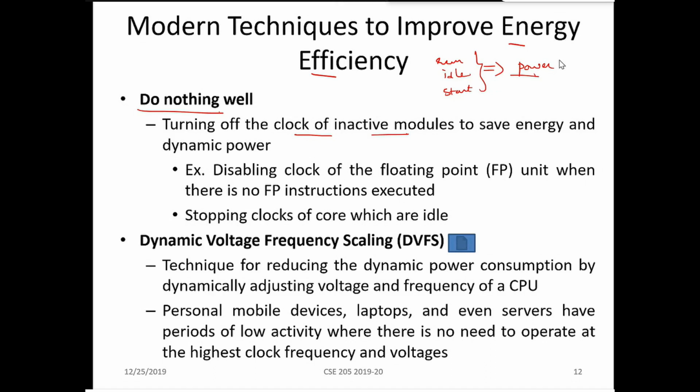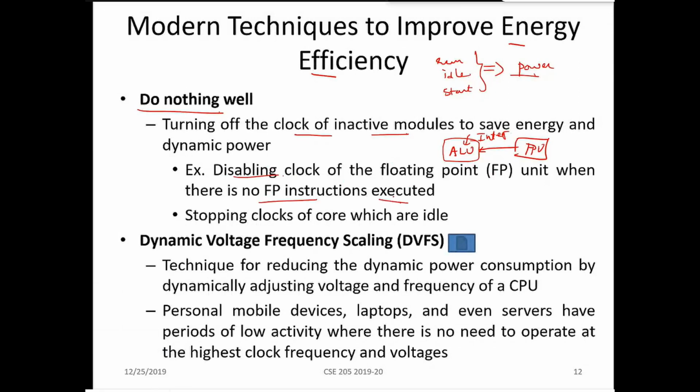One such example is the floating point unit. When you design an ALU in digital circuits, we don't think about floating point operations. We just know what floating point numbers are, but you haven't come across them while designing an ALU, because a normal ALU is capable of working only with integers. You have a separate floating point unit that communicates with it. It is not the case that the floating point unit is in use all the time, so we need to disable its clock when there is no